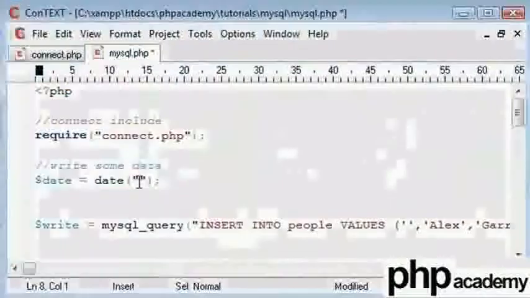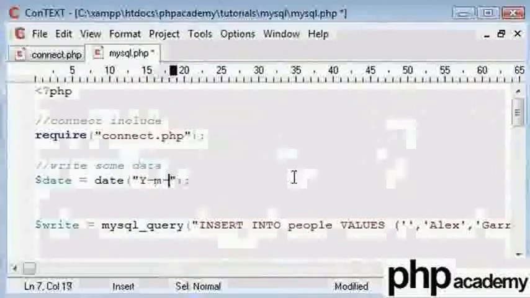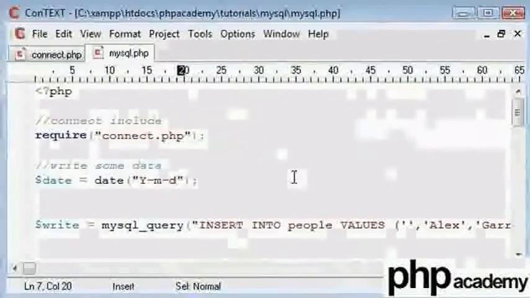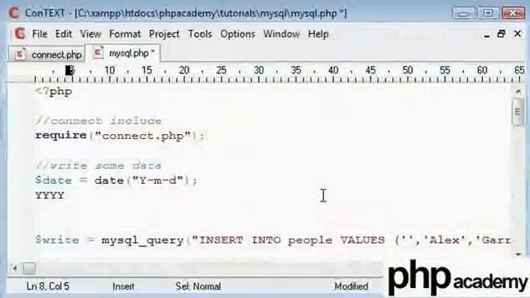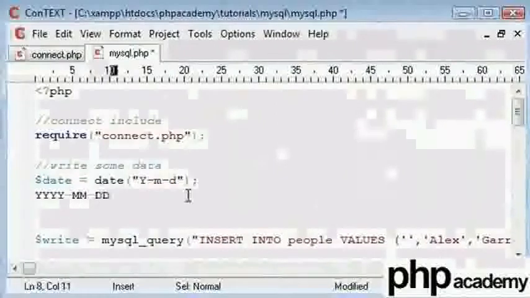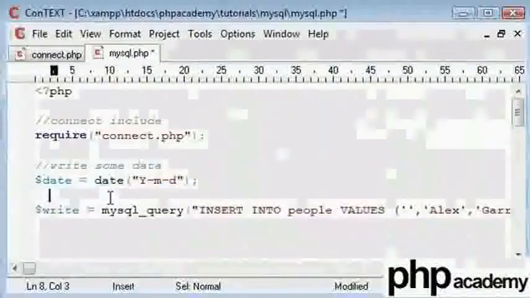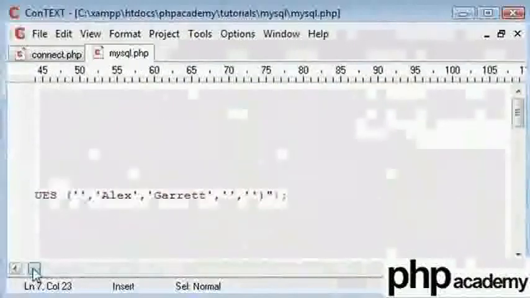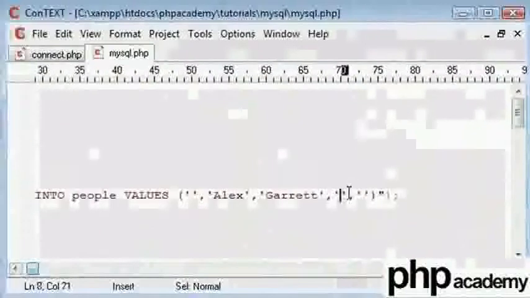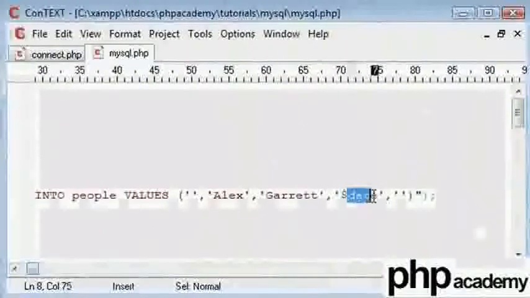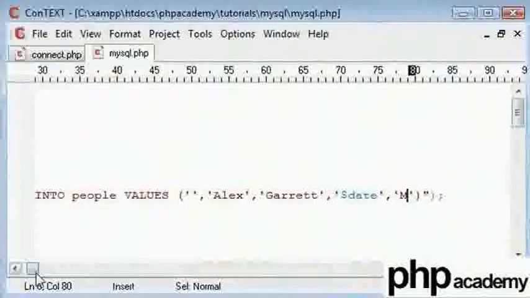So what we can do here is we can structure our date function in capital Y, M and then D, using hyphens in between to get the structure we need. So this will be structured like that. This will equal this, and that will be the current date. Using the date and presuming that is in the structure of our date, we can insert it into our table here. The last one is gender, and since I'm a male, I'm putting in M for male.